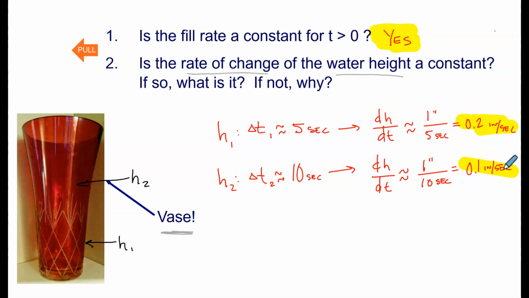We have two different rates here, and from the geometry of the problem, it should be obvious to you why this is true. The bottom of the vase is narrower, so for every second that the water's on at the bottom of the vase, the height's going to change more than when you go up higher on the vase where it's wider. The wider the vase, the more volume it holds for each incremental cross section. So that is a basic related rates type problem, and we're going to now formalize our study of